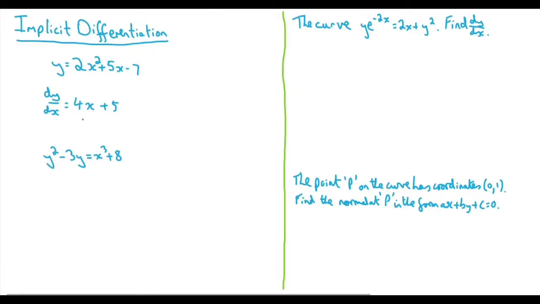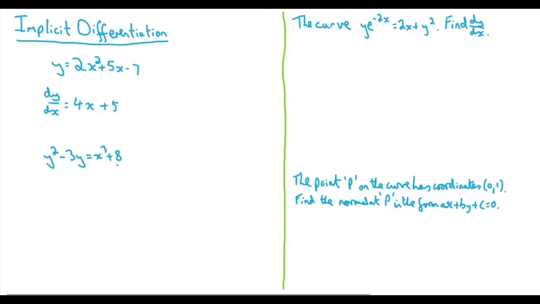What if, however, you had been given this, where you have y squared minus 3y equals x cubed plus 8. We now have multiple y terms on the left-hand side. And in fact, as we go forward, we may even have y terms times by the x on the same side. How are we expected to use differentiation in the same way if we also want the gradient of this curve? Well, what we're going to do is we are going to differentiate both sides using the same usual methods,